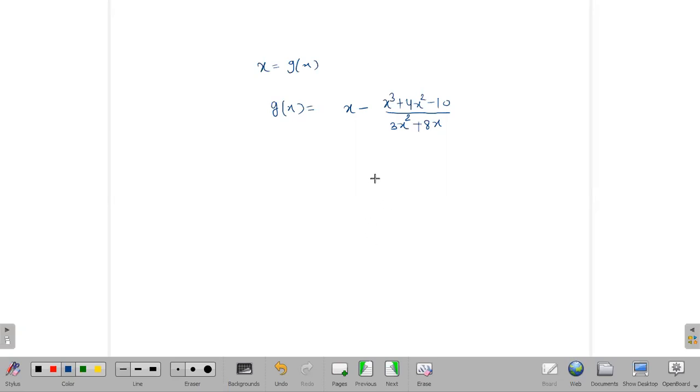So ma'am, in general, it is x minus f x by f dash x. Yes. Actually, it is a fixed point iteration, but actually it is the Newton method. So the Newton method is a particular case of the fixed point iteration. In the Newton method, you will see this formula x minus f of x divided by its derivative. And you will choose this only if its first derivative is not 0.